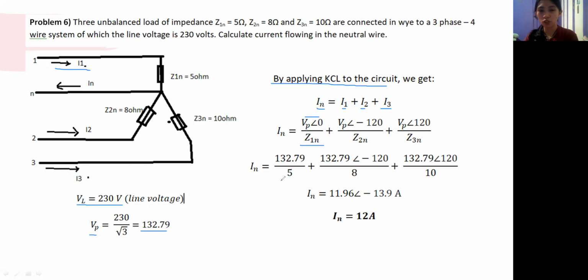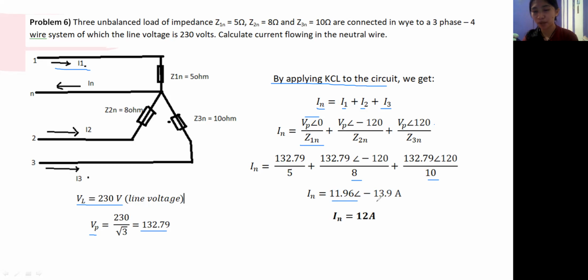So upon substituting the values that we got, Vp angle 0 is equal to 130.79 over the Z1N value, which is 5 ohms, and then Vp angle negative 120 is equal to 132.79 angle 120. Still substituting, Z2N is given as 8 ohms, then Z3N is 10 ohms. Upon calculating that, you will have the value of